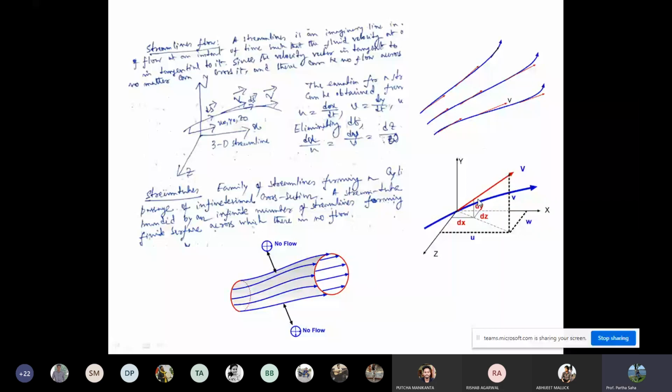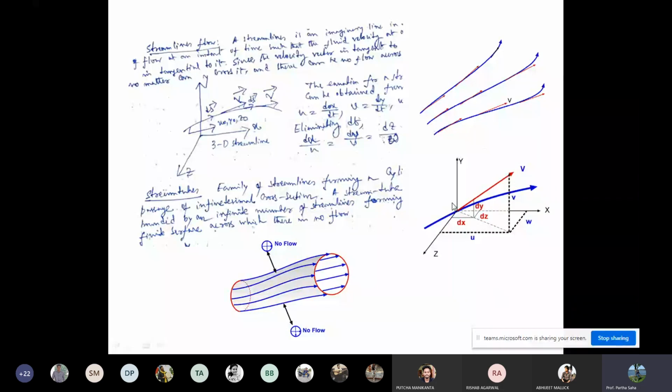As you can see, I have given here, this is the streamline flow, and then at any particular time, the tangent to it is called velocity, which is constant. If you draw here, the velocity will be constant. If you take a tangent at this point also, it will be constant. The equation for a steady state streamline flow can be given by U, the velocity along the x direction, that is dx/dt, V equal to dy/dt, and W equal to dz/dt. I have not written here, but eliminating dt, you can say that dx/u, dy/v, and dz/w are constant. So that is called streamline flow. So this is a streamline behavior.